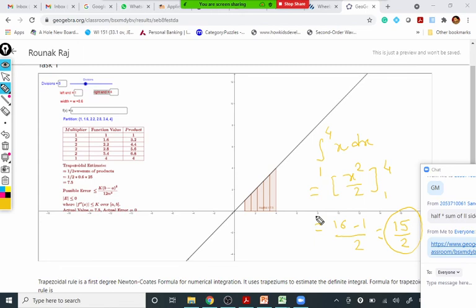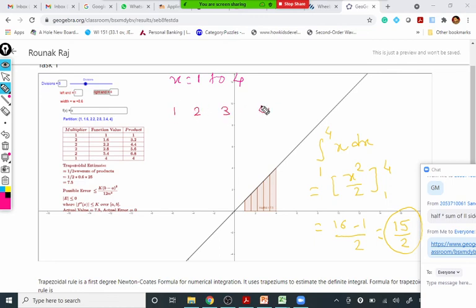So generally the value of h is given. If not, we have to select it. So in this case, 1 to 4: the initial value of x we take as 1, and the end value of x we take as 4. So it is 1 to 4. Generally, we are moving with step 1, so we get 1, 2, 3, 4.